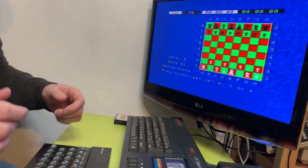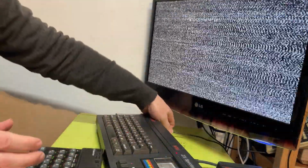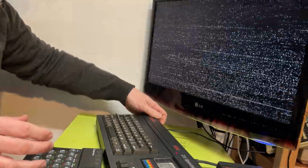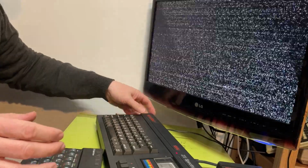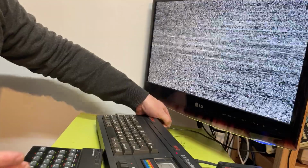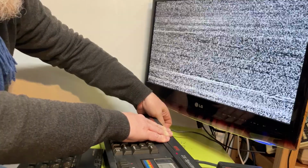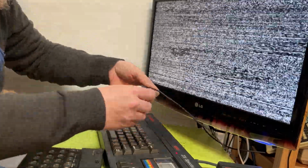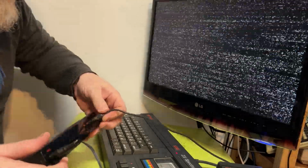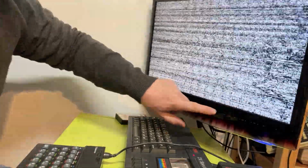Right, I've got my dinky little Spectrum there. Oh dear. What happened there? What did I touch? Whoa, something. Whoa. What was that? Maybe this cable's dodgy. Hang on a sec. God, that's very stiff. Right, let me plug it into the ZX Spectrum and see. Oh, it's probably got a slightly different...